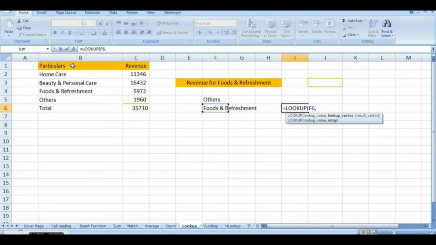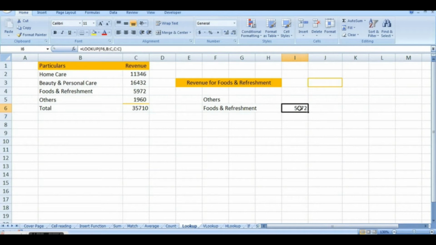I want to find it from these two columns, or I can select the entire columns if there is no repetition of the labels that I want to search, or only the selected area of a particular table that I am looking for. Result vector, this. I want to find the revenue amount, so I'll select this and close the bracket.